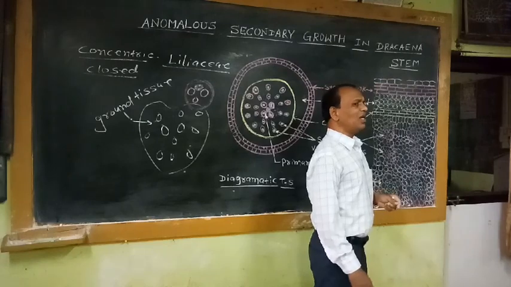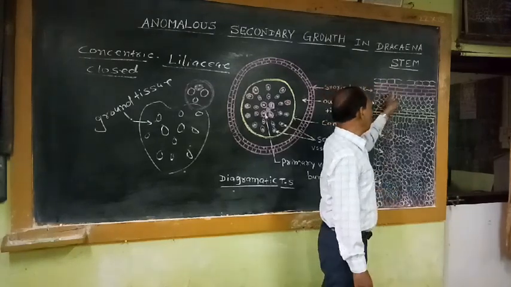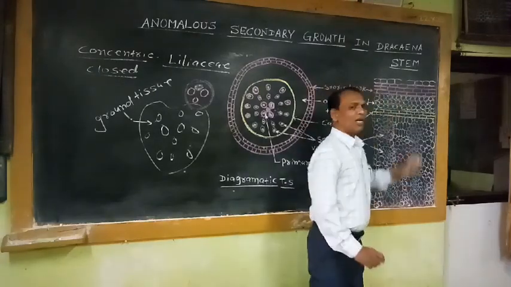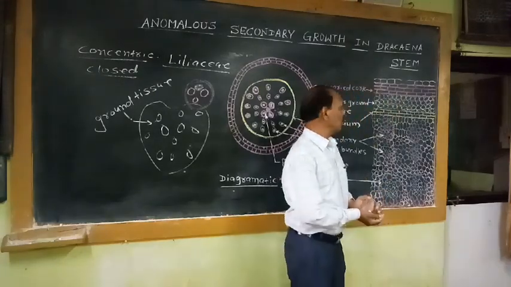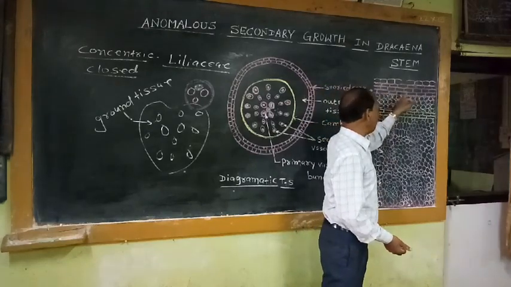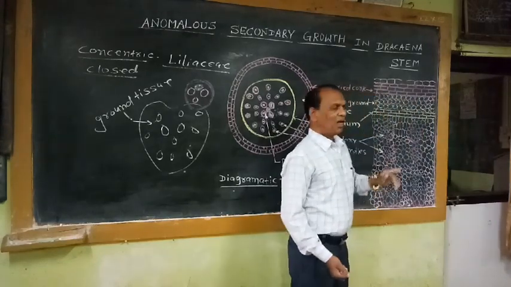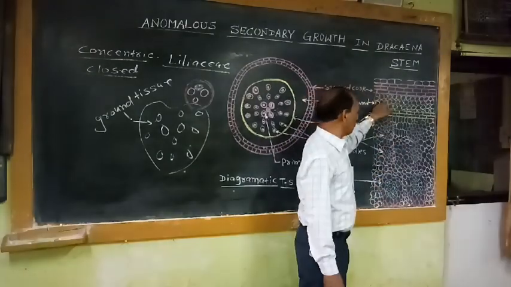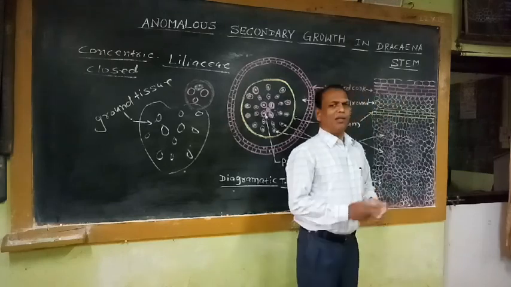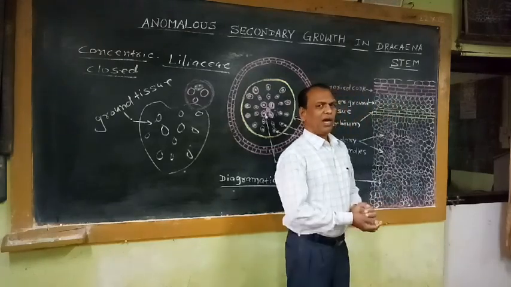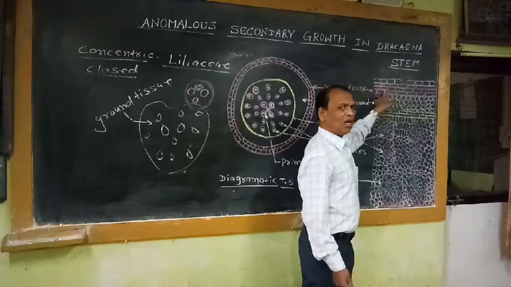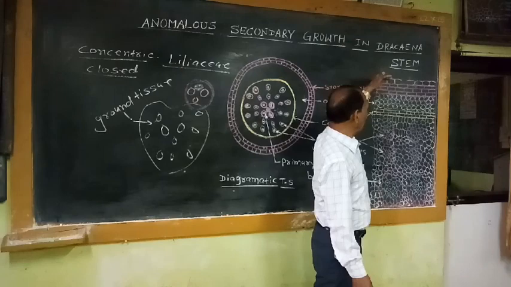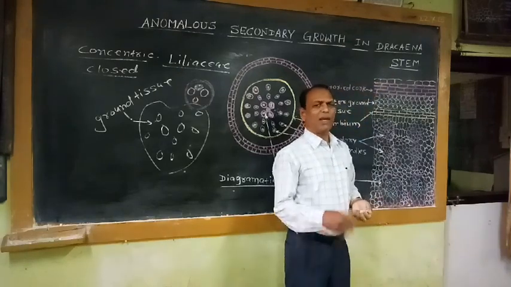These cells are initially living. Later on, they lose their protoplasmic components and become thick due to deposition of secondary walls in the form of suberin. These rectangular or brick-shaped, compactly arranged cell layers are commonly known as cork layers. Again, the deeper lying cells of the cortex divide periclinally and add another layer of cork. That means one layer, two layers, three layers, four layers, such layers are added one above the other.